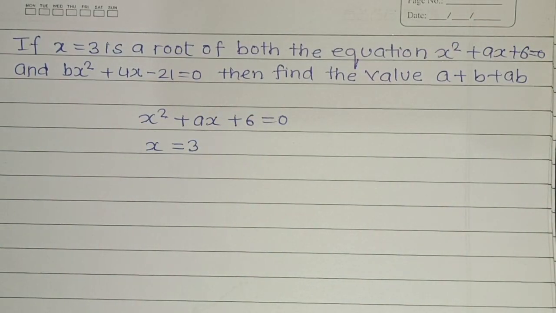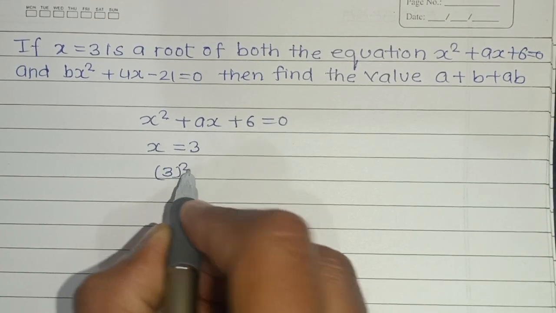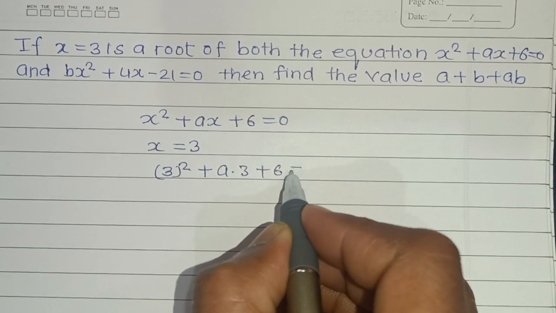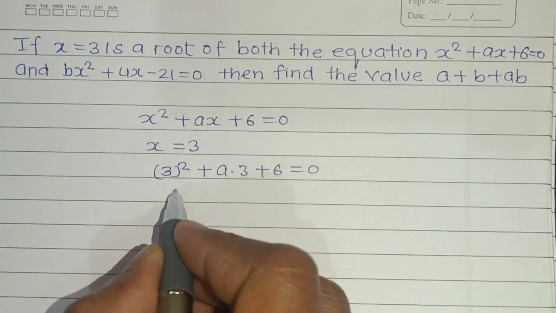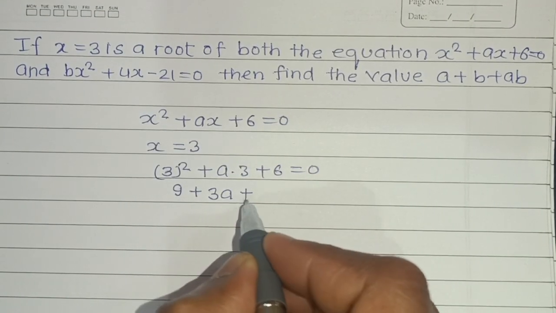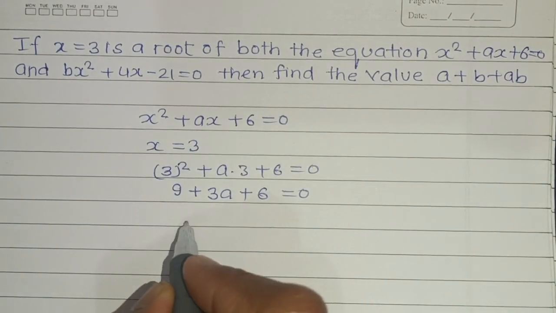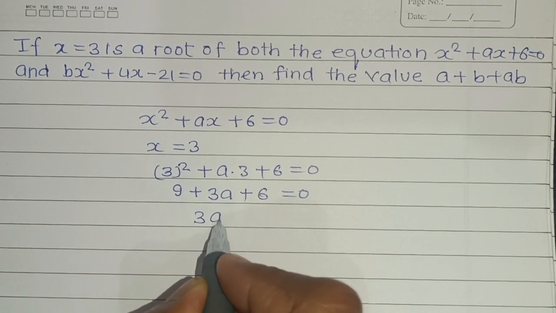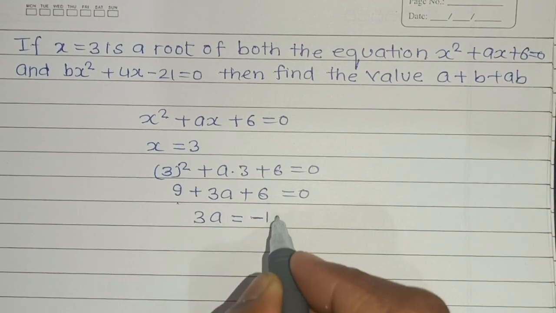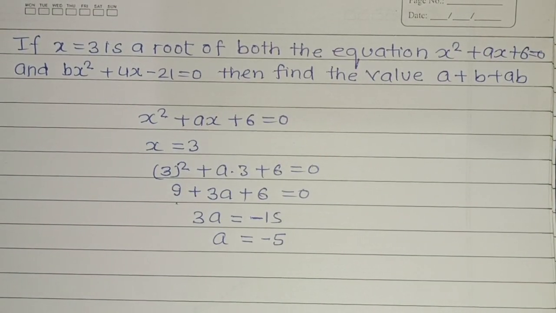this equation. So putting the value of x, we will get 3 squared plus a into 3 plus 6 is equal to 0. So that is 9 plus 3a plus 6 is equal to 0. So 3a is equal to minus 15, so a is equal to minus 5. Okay, now